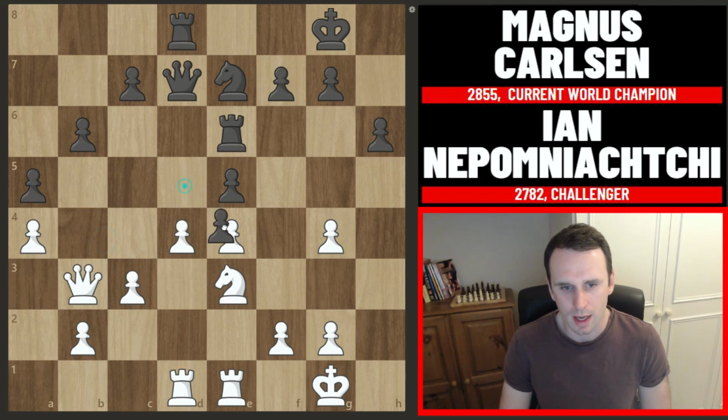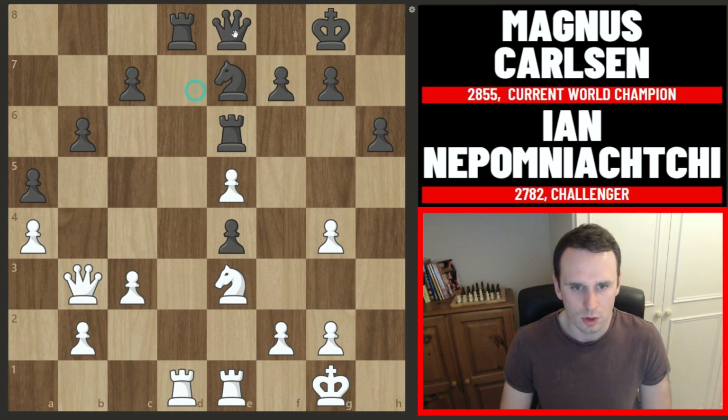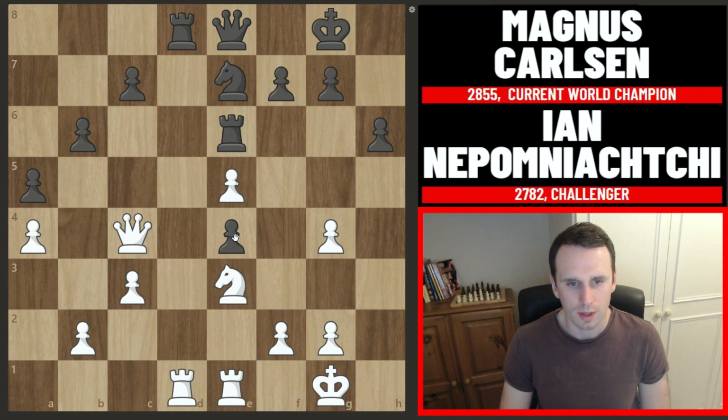So that's why a capture such as takes on e4 wouldn't be good, because then you can take here as white and you're picking up tempo on the queen. Say the queen drops back, well, now we can jump in with queen to c4. You're hitting this pawn, you're hitting this pawn, and if the rook captures this one, well, then you can take